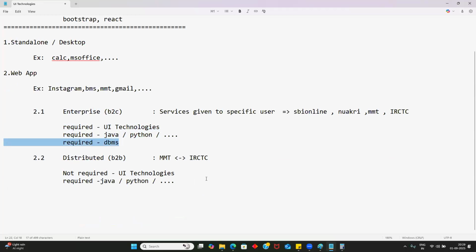But assume your project is a distributed project. I mean, you are writing some logic for consumers and some logic for providers. Then absolutely UI technology is completely not required, but these two are mandatory.